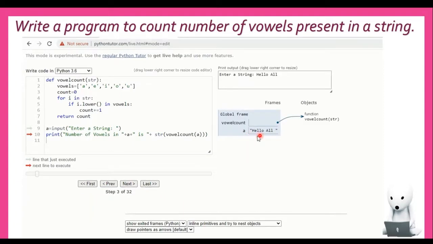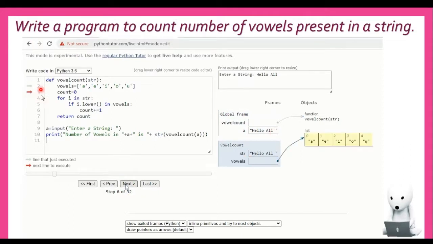The variable A gets the value hello all. Next, it moves to the function vowels. A list is created. It checks each character and increases the count if that character is a vowel. Otherwise, it doesn't enter this if block.